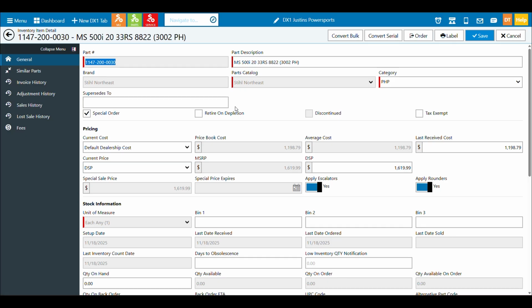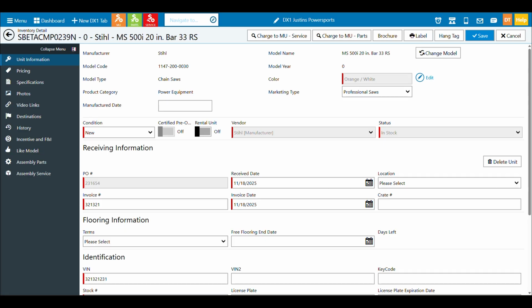The other way is a marketing aspect, and let's start with this here. So you can see right now I'm looking at a part detail. This is in a part catalog. I order it through my parts department. I receive it through my parts department. I stock it in my parts department. But the thing is, I really need to advertise them like a unit. So in many cases, what our dealers have done is actually found this same chainsaw and added it as a unit. It's not really where they want to sell it. It's not where they want to process the invoice, but when you add it as a unit, it gets it up on your website more like a unit. It's more in line with what a customer likes, and it makes it much easier to find.